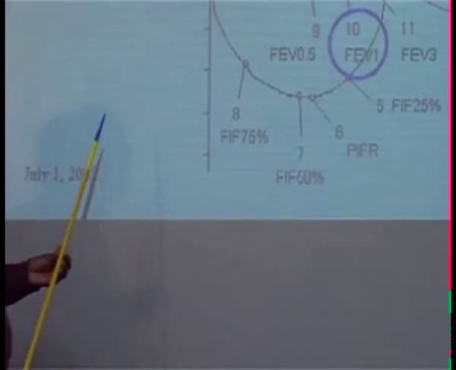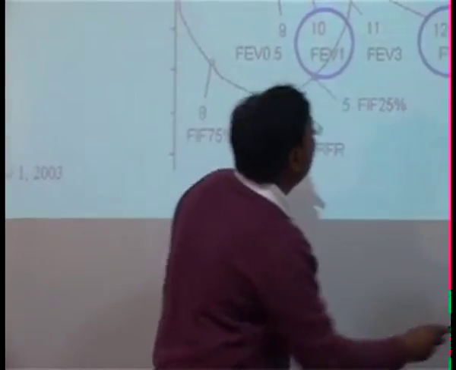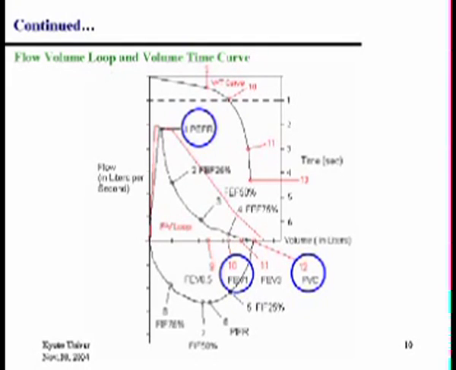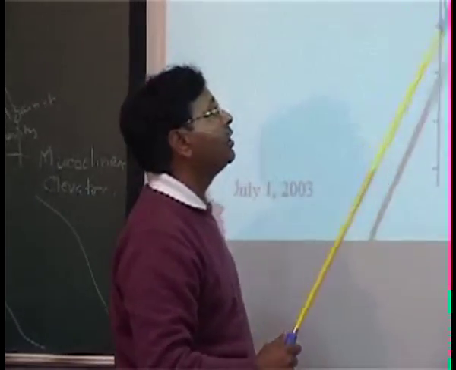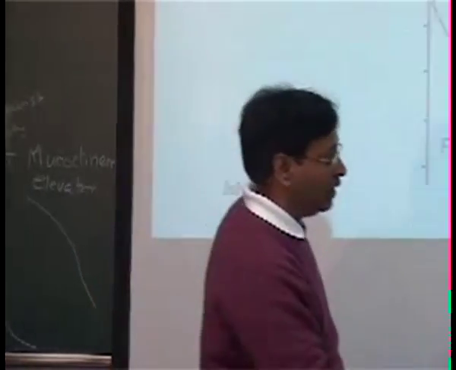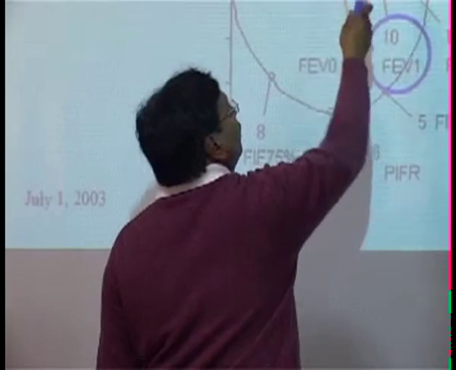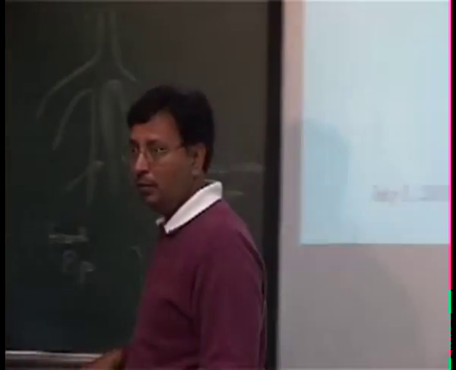The equipment which you are using will produce this kind of graph for you. Here I am having the units as time and volume. You are measuring the volume on this side, and the time. Basically what you are really doing is integrating this function. So if I have to find out my FEV1, I should go to 1 second, plot this one and look at this one. Clear? No problem with that.